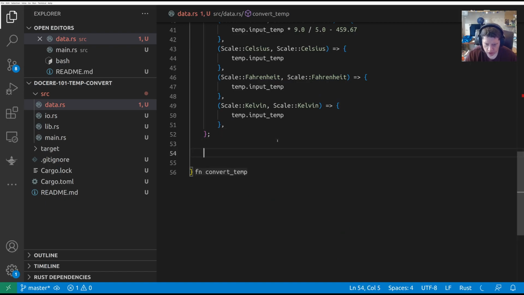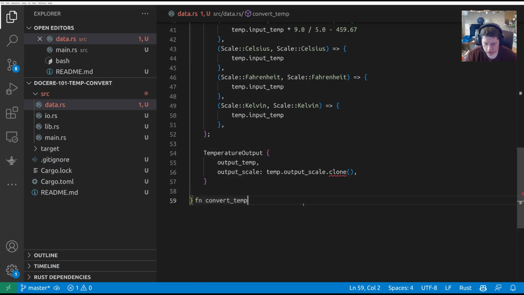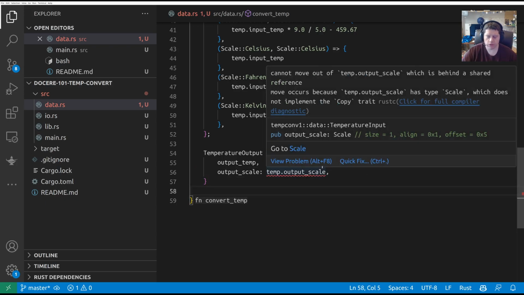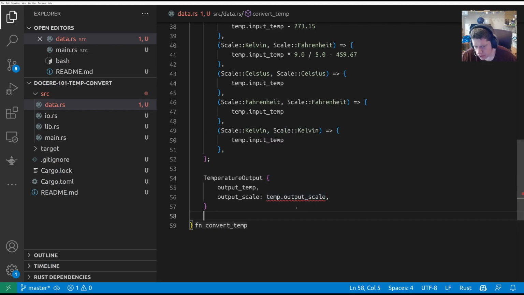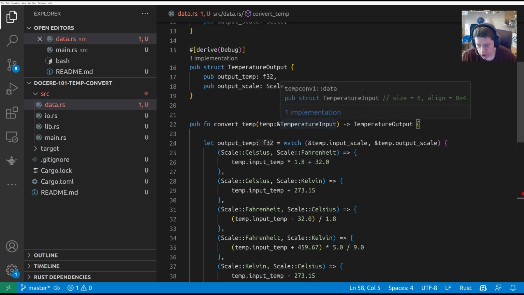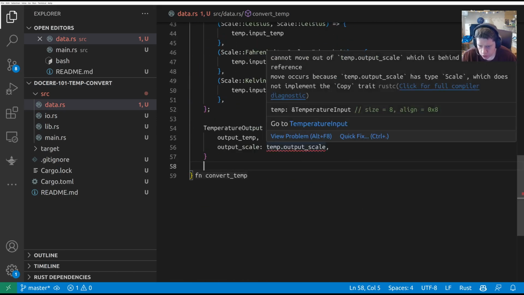Okay, here's one of these ownership issues here. It says cannot move out temp.output scale, which is behind a shared reference. That's an error that you get from time to time. And what this means is, notice we're taking a reference to temperature input struct, and we're returning a temperature output struct. And what I'm attempting to do is use one of the values from the input temperature as part of